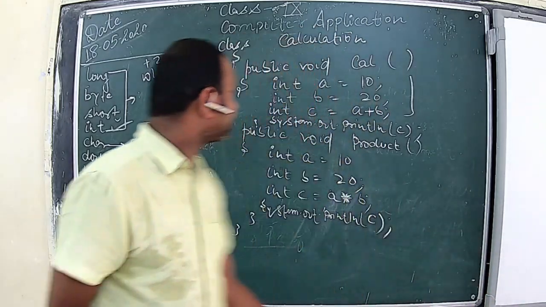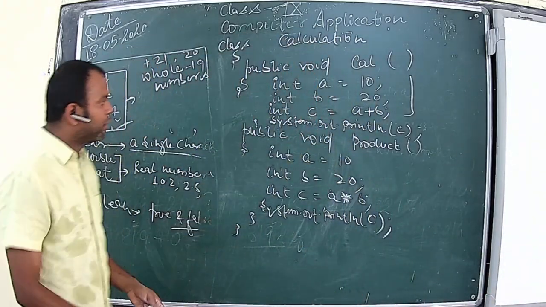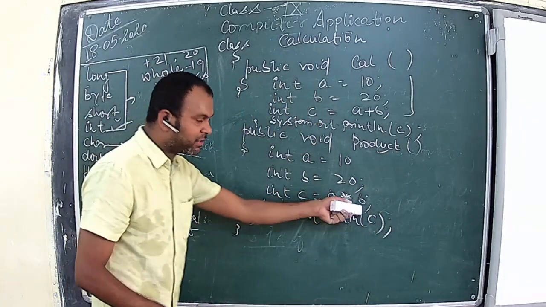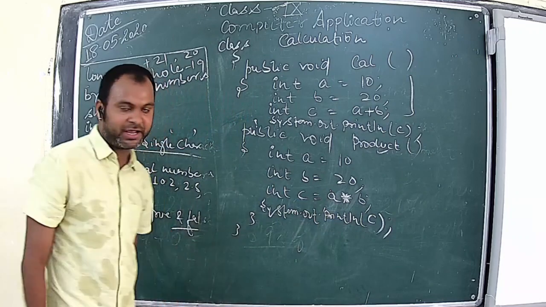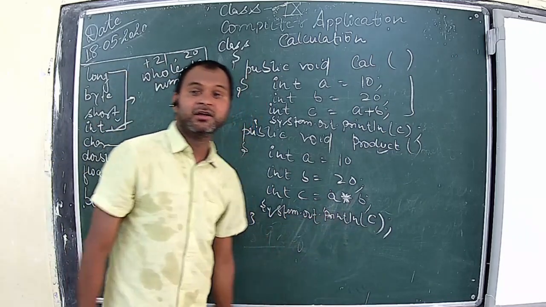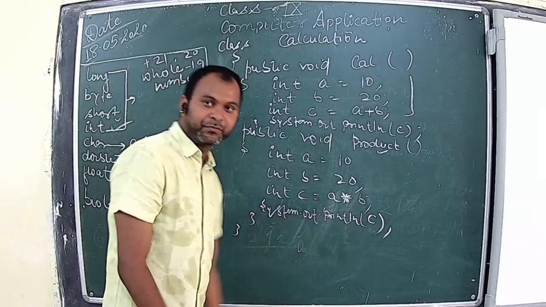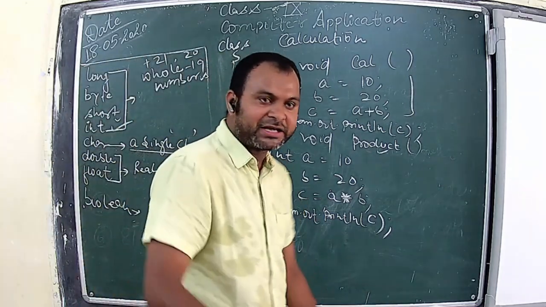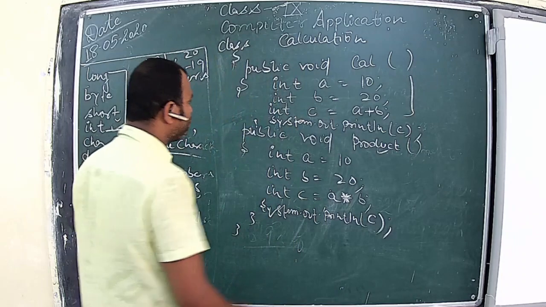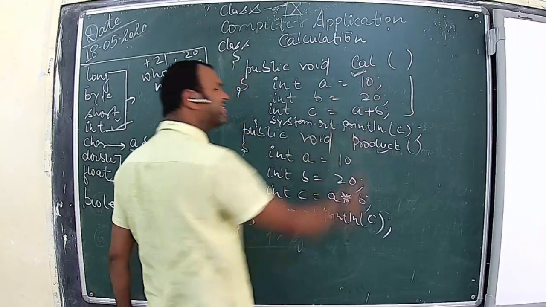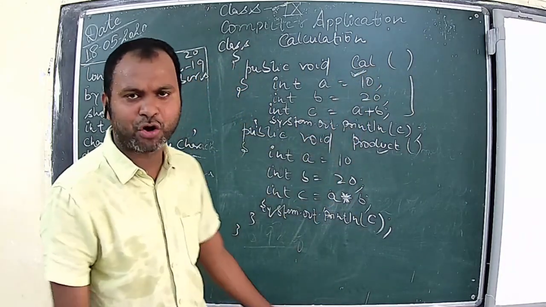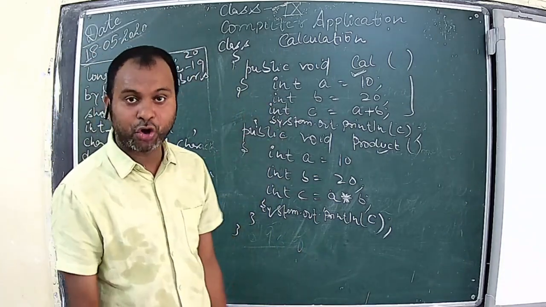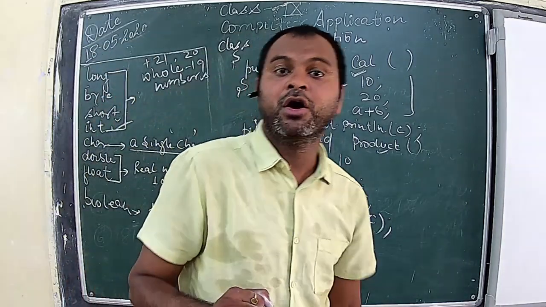So this function is calculating the product of two numbers and storing it in C, and we are displaying C. Let me tell you one more thing. At the beginning, it should be clear. If I want to call this function, in BlueJ it is okay. In BlueJ, drag and drop is there. So in BlueJ, just right click on new class, we create the object of that class, and you can call all the methods.